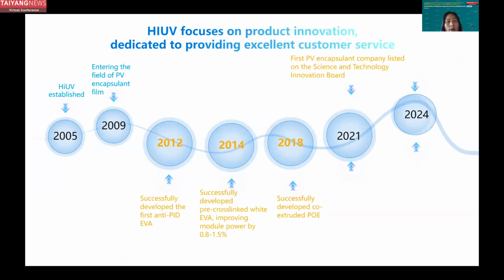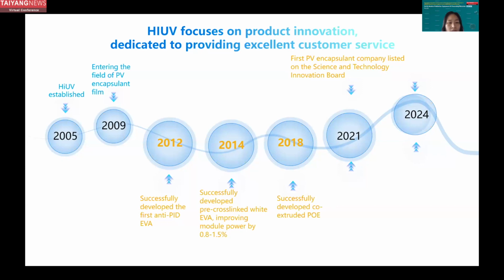HIUV is always focusing on product innovation. We were established in 2005 and entered the field of PV encapsulant film in 2009. We have successfully developed some leading products. In 2012, we first developed the anti-PID EVA. In 2014, we successfully developed the pre-cross-linked white EVA. In 2018, we developed the co-extruded POE. But after